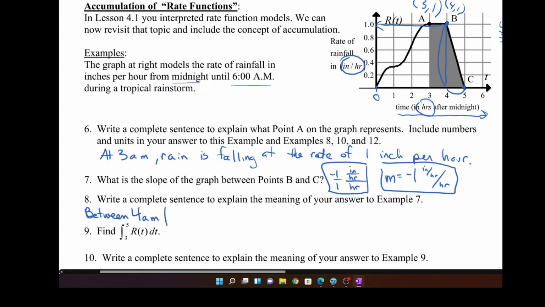and 5 a.m. because that's what we're doing. We're going from here to here. The rate of the rainfall